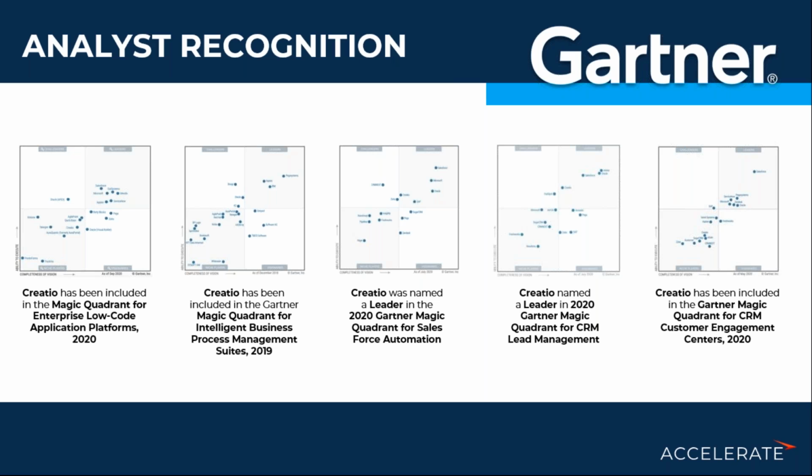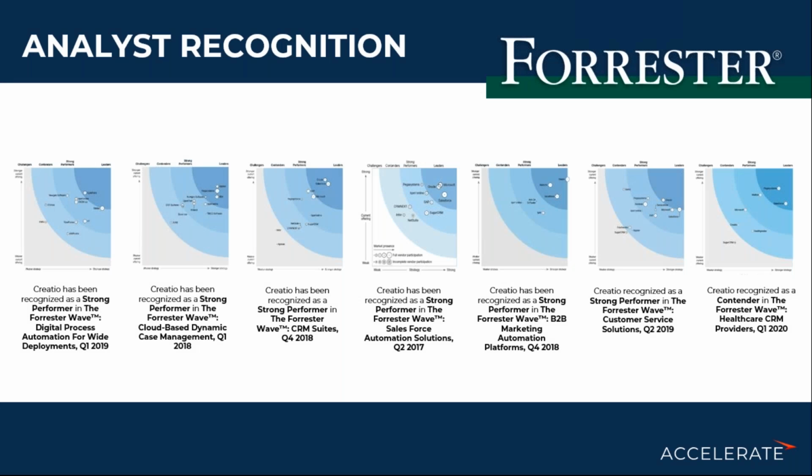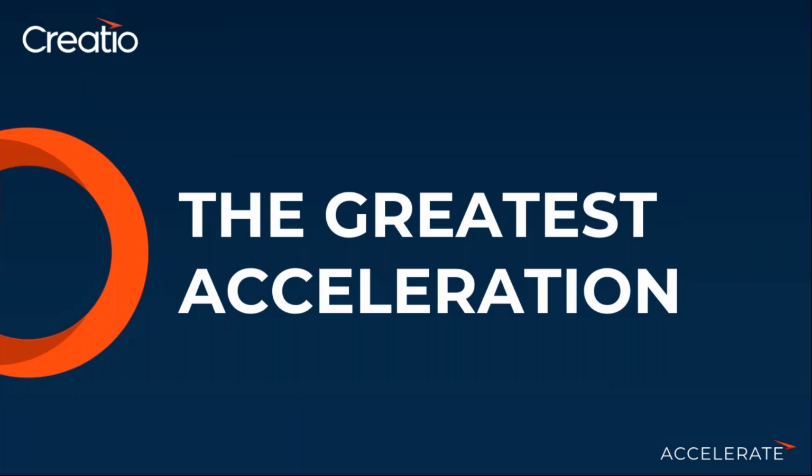Now, outside of that, we get noticed for lead management on the marketing side, sales force automation, low-code automation, and customer engagement on the customer side as well. So across a wide spectrum, we are getting noticed by Gartner. And also the same thing from the Forrester side. You can see that it is basically everywhere: wide deployments, CRM, sales force automation, marketing automation, customer service automation. A really wonderful thing for us as well.